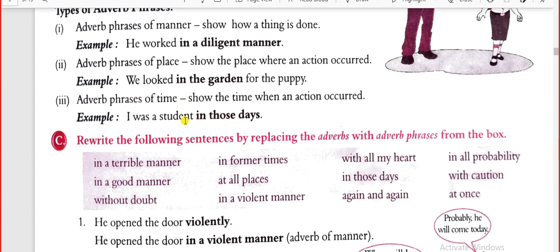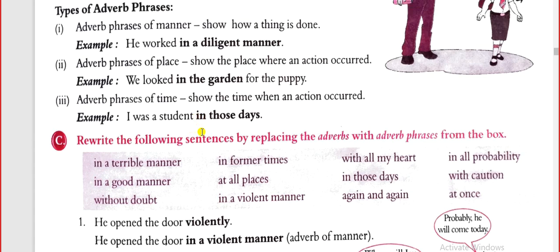Mark my words, the exact time is not given. वो टाइम कौन सा था? When he was studying in class 6, when he was in college, or maybe he was a person who was doing some training under some officer. Nothing is clear. बस in those days बोला गया है. तो इतना ही हमें बता रहा है कि ये टाइम वही है, उन दिनों का. अंडरस्टूड?